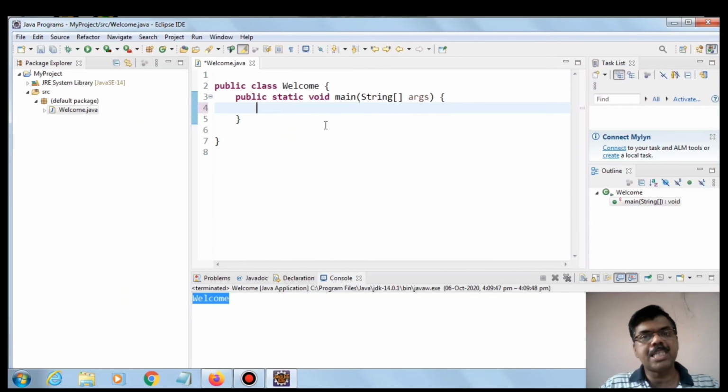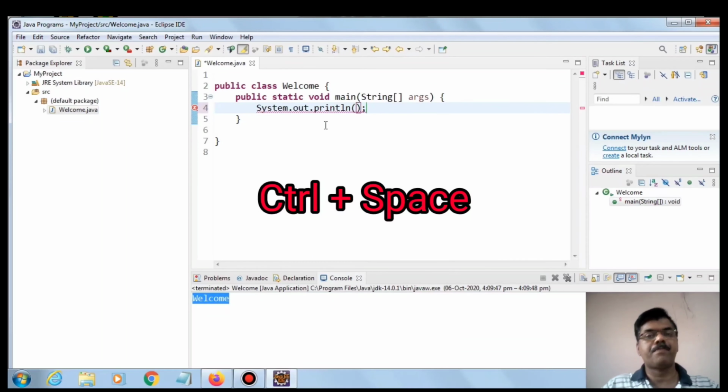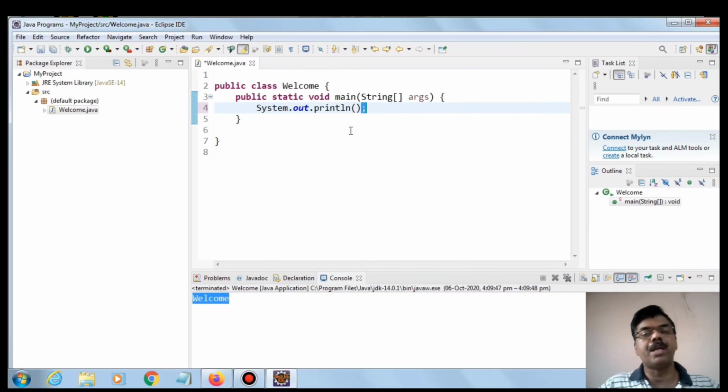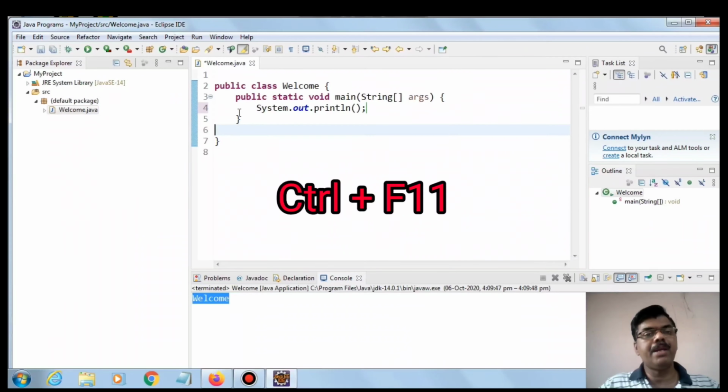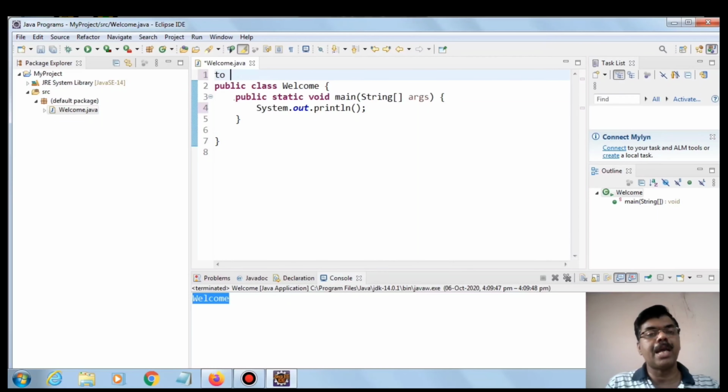To go with System.out.println, which is used to display messages, just type here sysout and the keyboard shortcut Control space, which is going to create System.out.println and end with semicolon. To run a Java application, we already know Control F11, and to go with the comments, for example I want to go with a comment to display welcome message onto the screen,